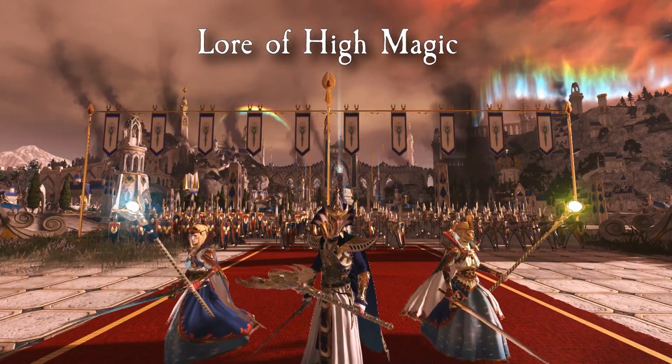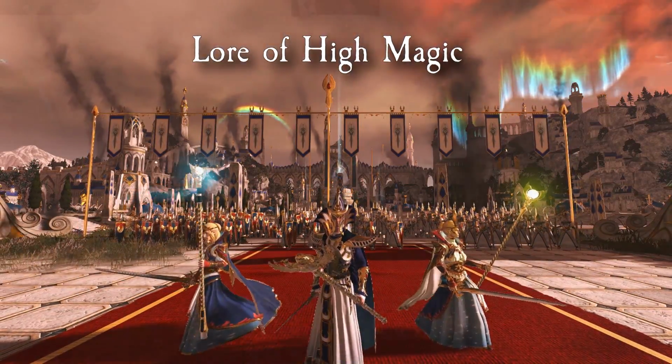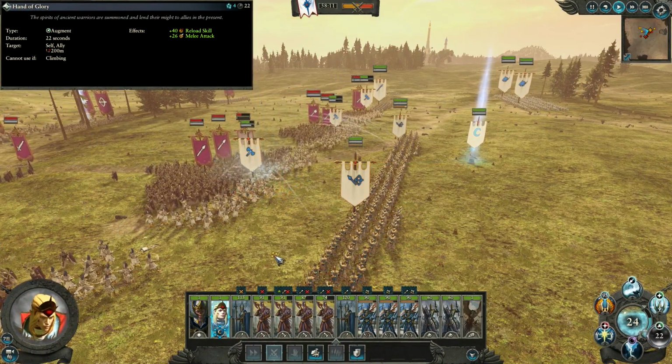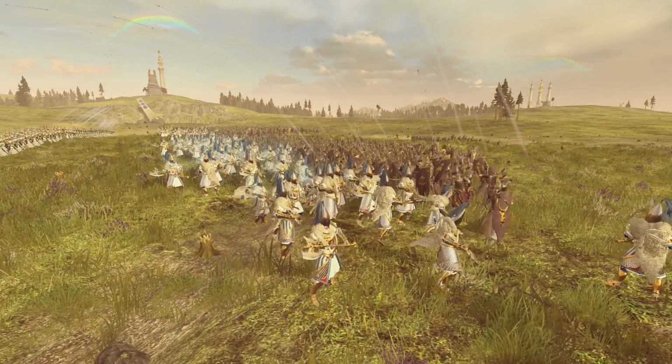times in a battle. The Law of High Magic is available to the High Elves and the Slann of the Lizardmen. The lore is very balanced with a nice variety of spells. One of these spells is Hand of Glory. This is a very cheap augment that increases a unit's melee attack and reload skill. It can be very useful for turning an engagement into your favour without having to spend a lot of your